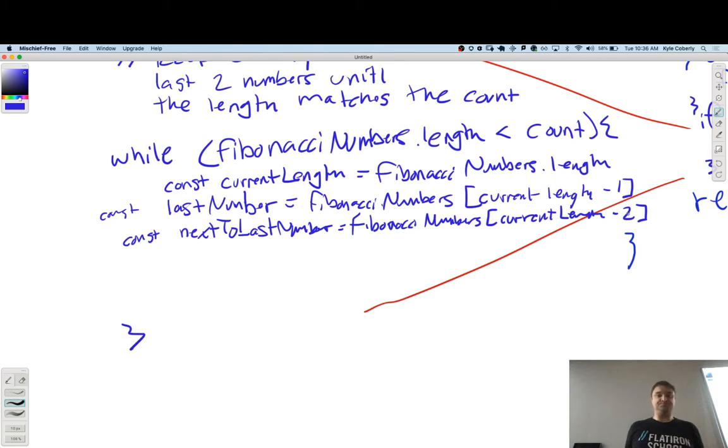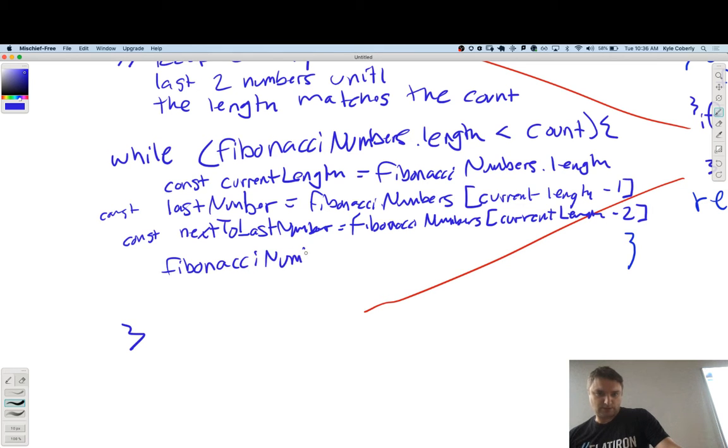And then I can say Fibonacci numbers dot push last number plus next to last number.